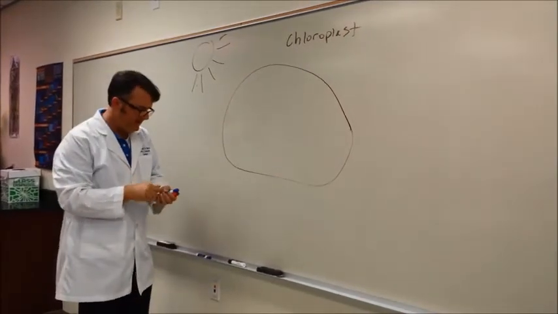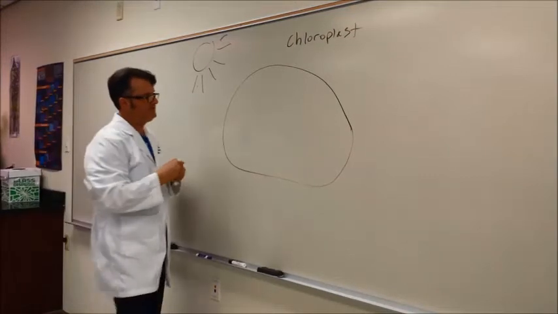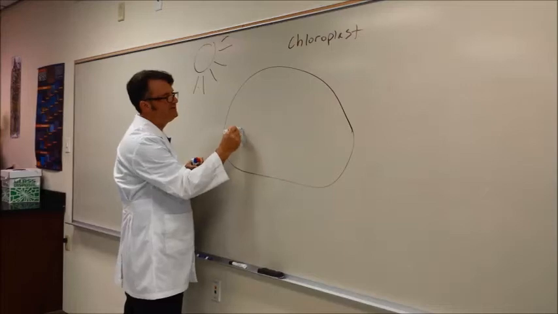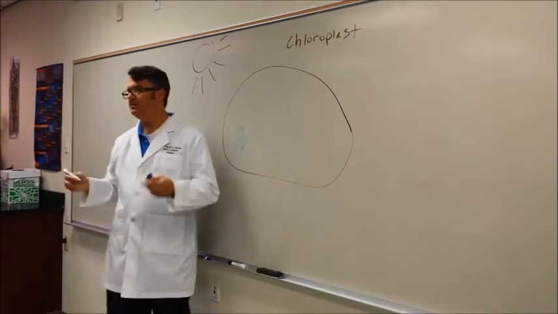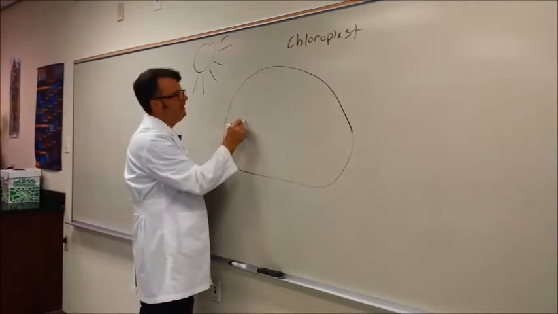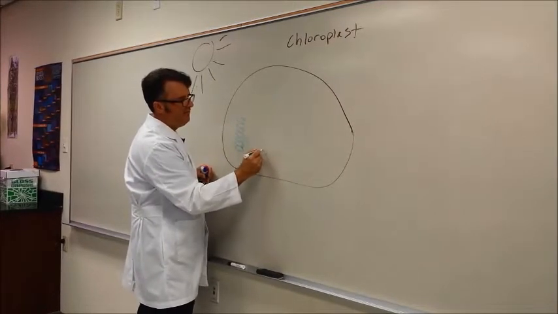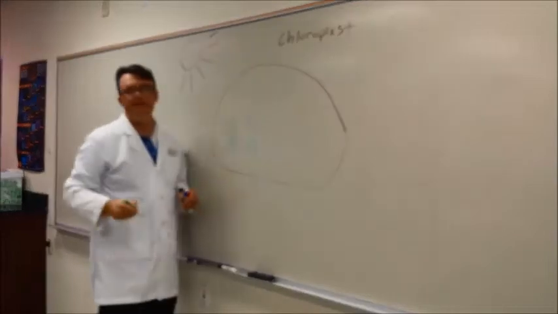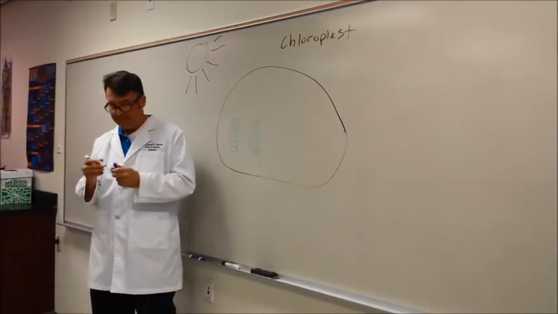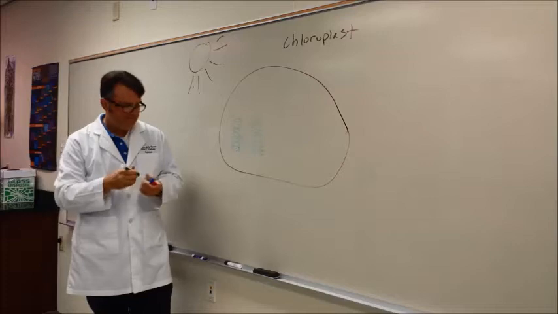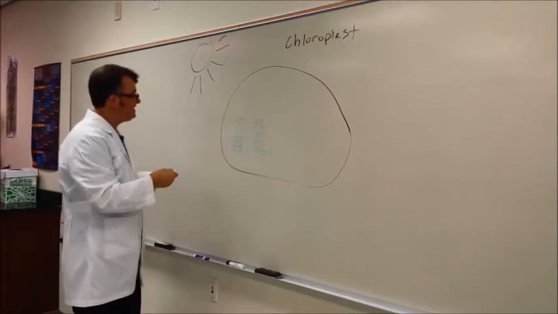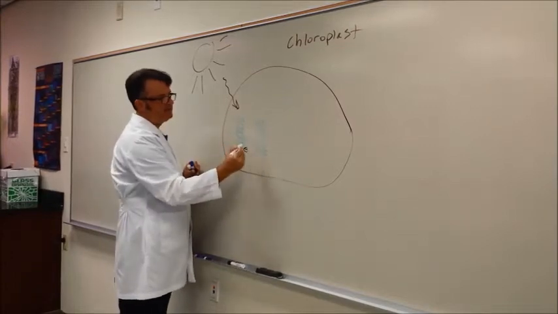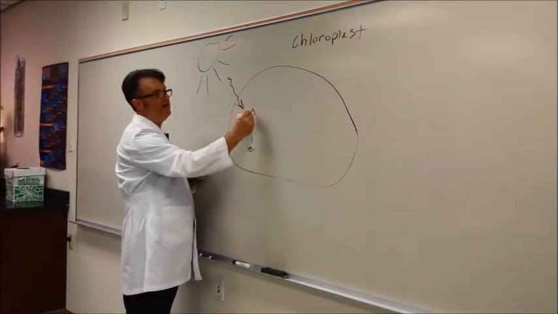And so inside of the chloroplast are these stacks of thylakoid discs. And each stack is called a granum. And I'm going to draw a couple of stacks. There are far more than that, but I'm just going to draw a couple because that's all I need to demonstrate the lesson here. When sunlight shines onto a chloroplast, it causes electrons to be excited to a higher energy